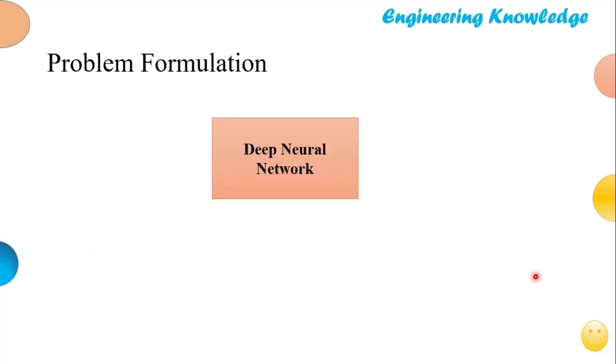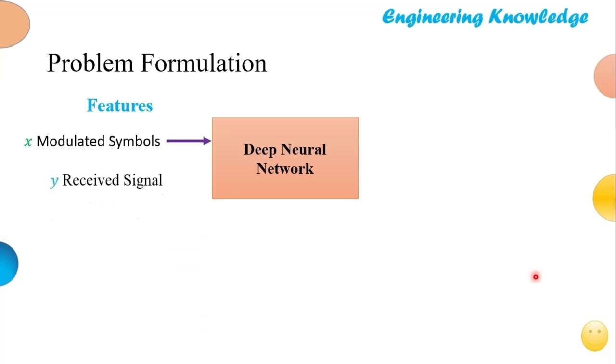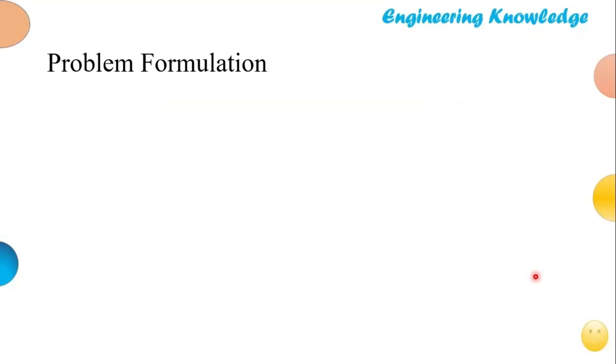So in our case, I'm going to implement a deep neural network, which consists of multiple hidden layers. The features for us will be the modulated symbols x and the received signal y. So what is received y and what was given x, and what is the thing that is relating these two, the noise and h. So we will give labels as the noise vectors and channel fading coefficients h. So basically, when we want to train this deep learning model, we'll use these features and labels.